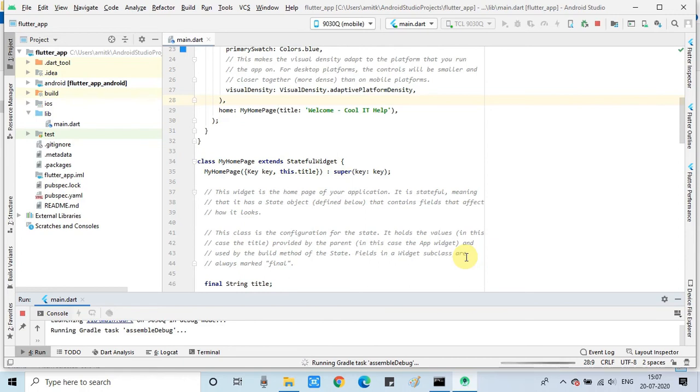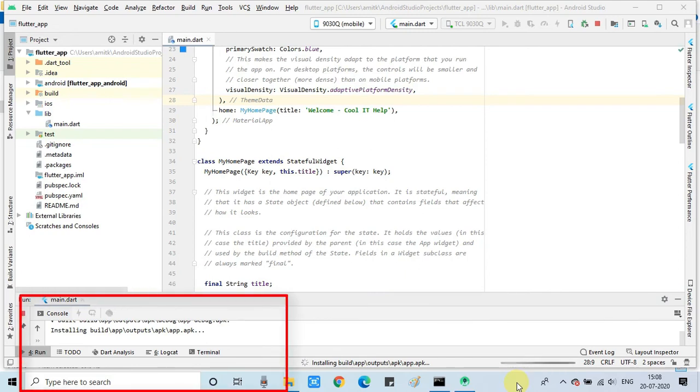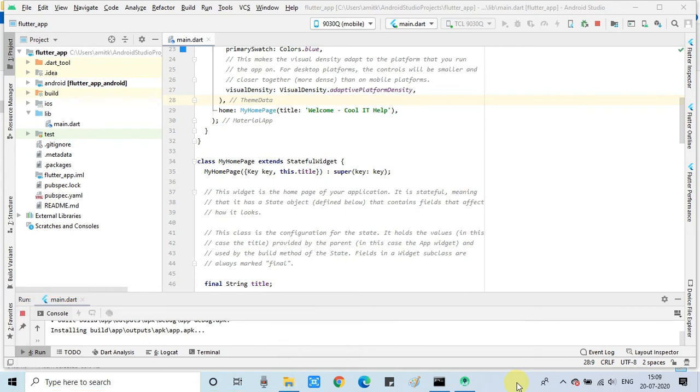You can see the message installing builds in the APK app.apk. So now I will show you the device and the running demo application.